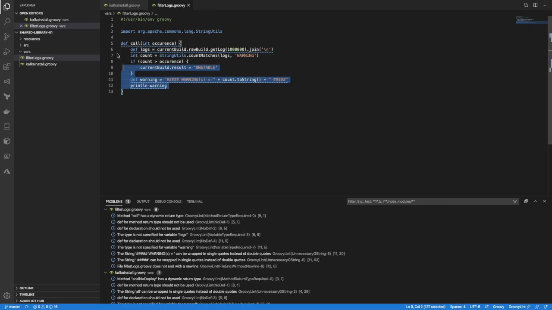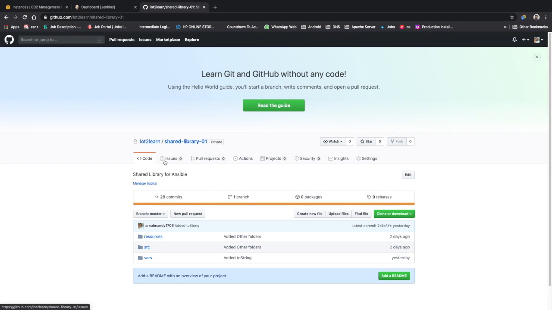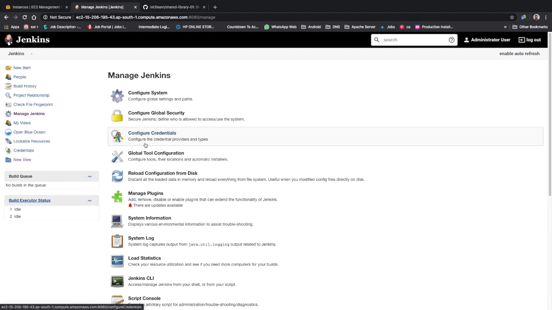So this is how you create a shared library, and you put that in your GitHub or any source code management. Now once this is done, what you can do is go to manage Jenkins to import this library. You have to go to configure system,